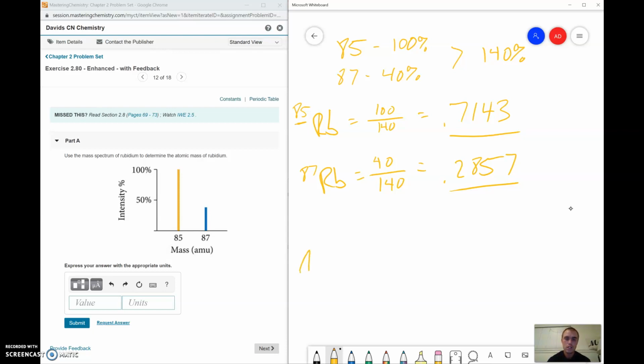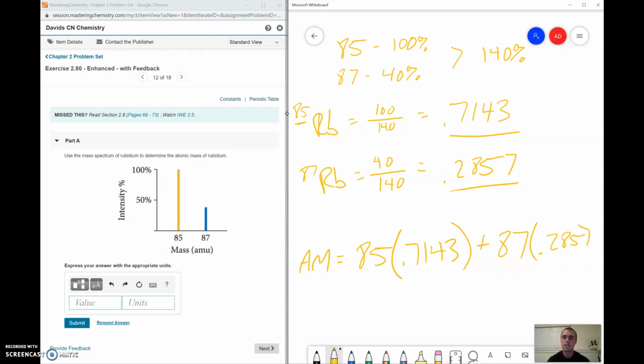Okay, and so the atomic mass is going to be equal to 85, the mass of this isotope, times the abundance. Okay, so times 0.7143. Then we're going to add the other isotope, 87, times 0.2857. Adding those together,